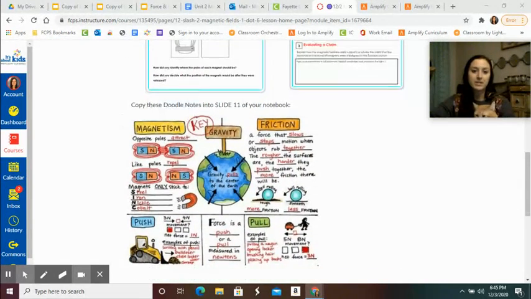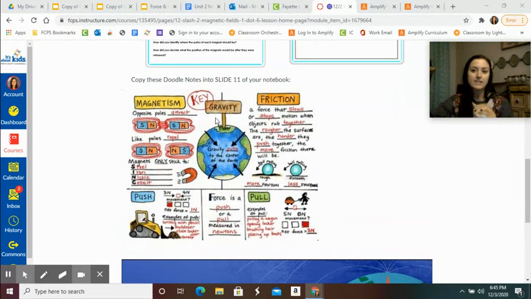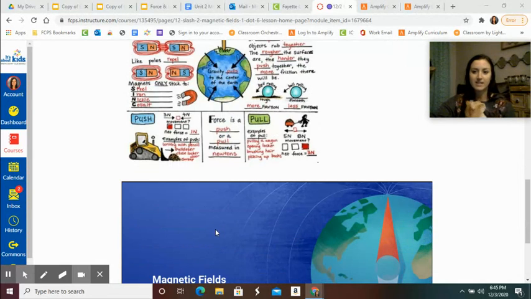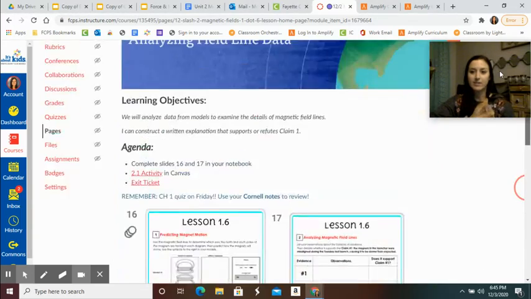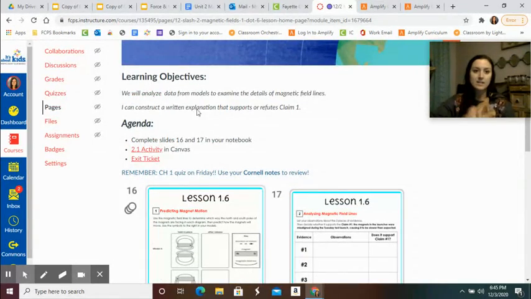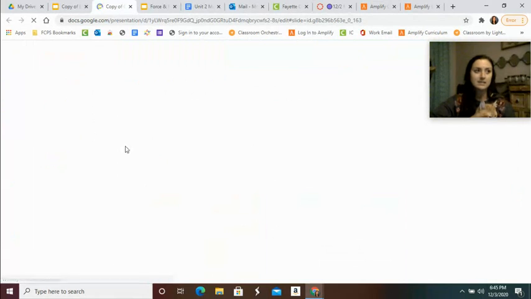I also put this down here because you have slide 11 of your notebook, and these doodle notes were in there, and we actually had skipped that, so I gave this to you so that you could get that part filled in, and there's some good information in this. Obviously yours is not going to be in color, but I thought this was a good example for you to have in there. And then as always, these slides are down here for you to go through if you need them. So on slides 16 and 17,